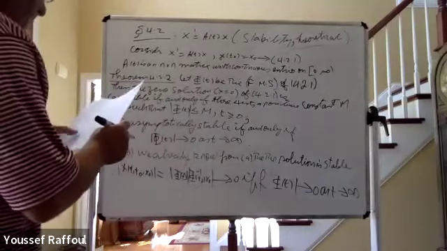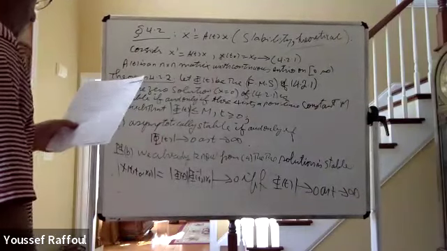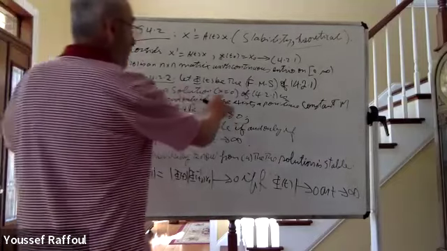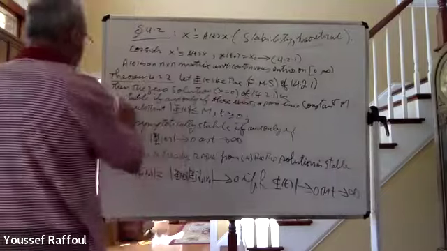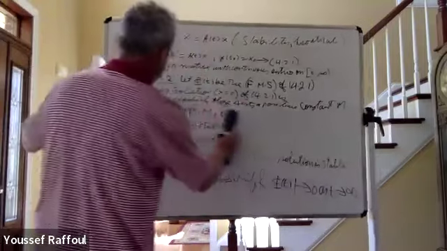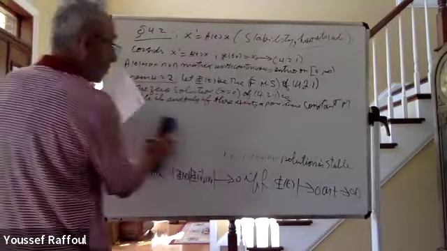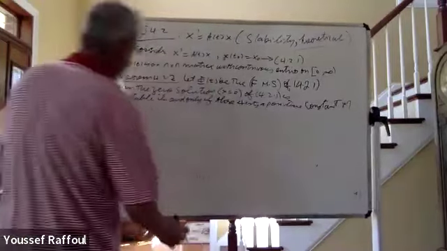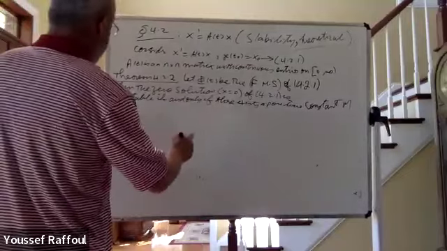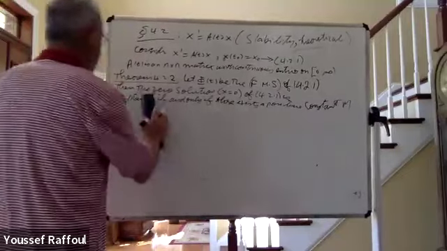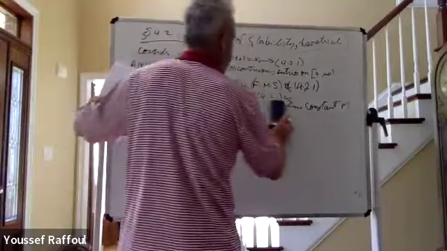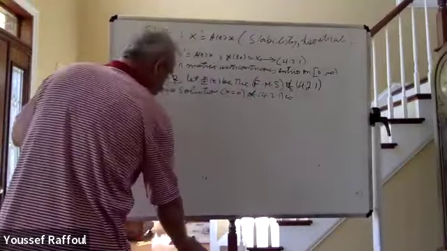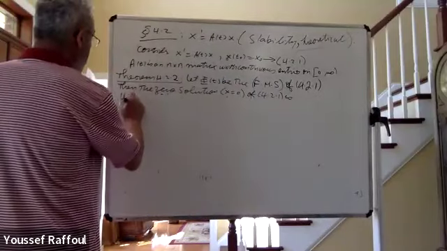Let phi of t be fundamental, then the zero solution, x equals 0, of 4.21 is uniformly stable